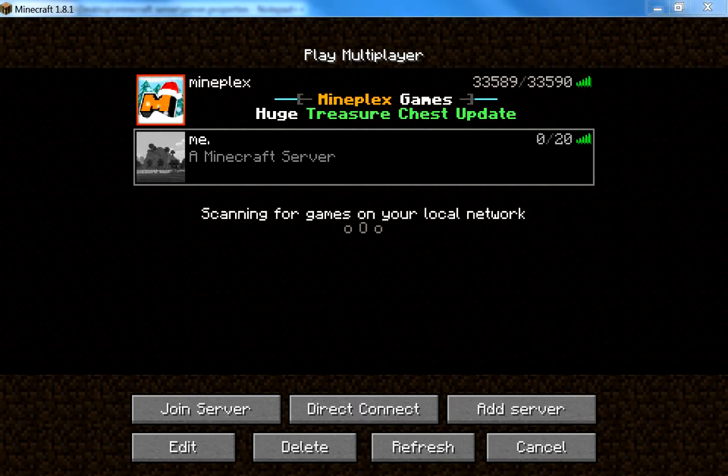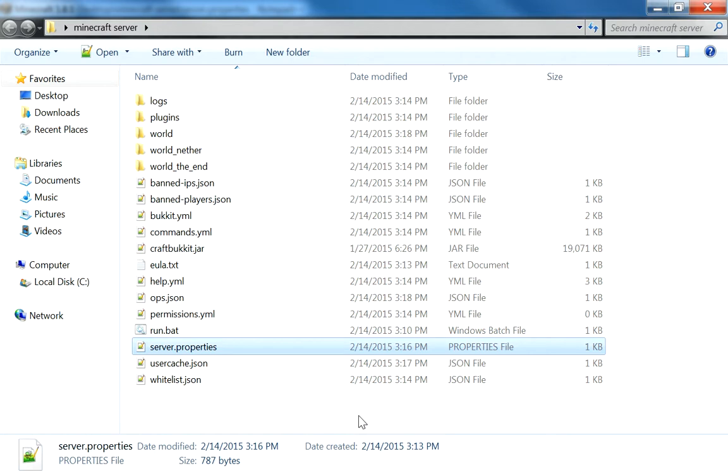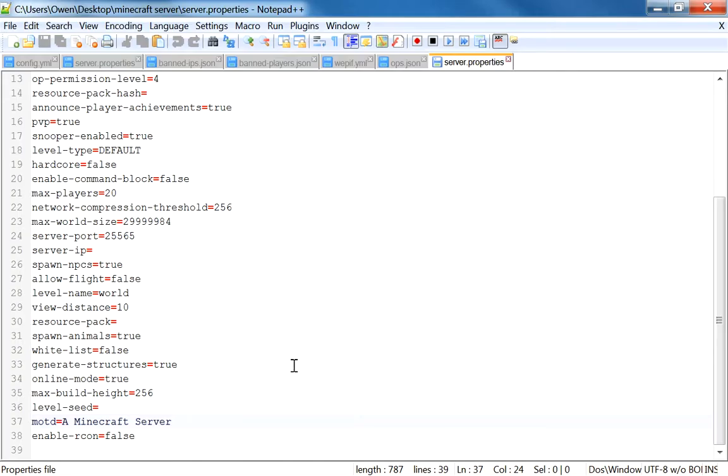So if I go back to the server folder and I go back to server.properties and I change the MOTD to, let's say, hi people. I don't know. You can type whatever you want in here, and then I'm just doing this so it looks cool. So you do this, save,